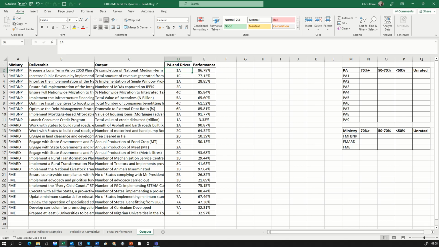Okay, so this was the first session that we did down in Uyo at the Ibom Hotel. We have on the left-hand side a set of performance scores for a set of deliverables, ministerial deliverables, and we also have the outputs. So these are the main outputs for each deliverable. What we want to do is automatically populate our tables here on the right hand side based